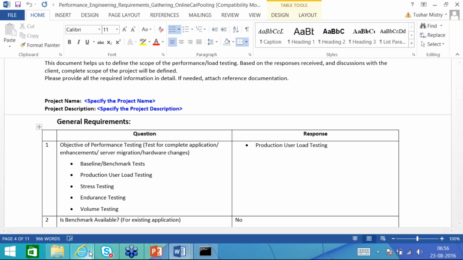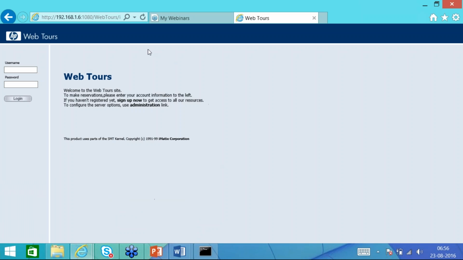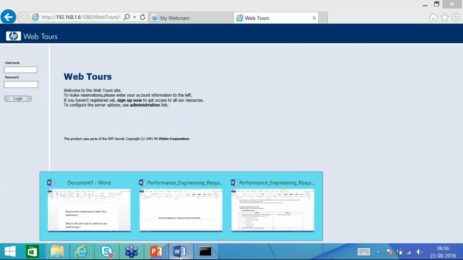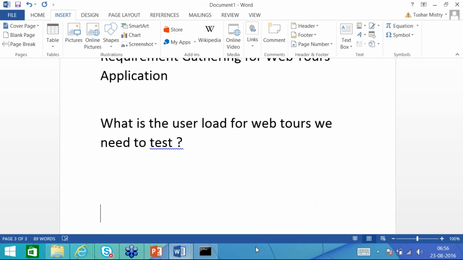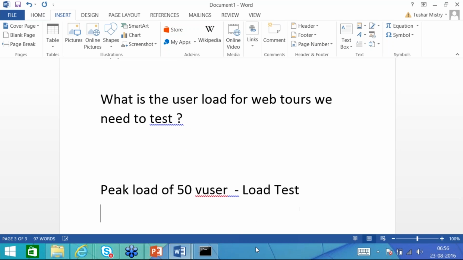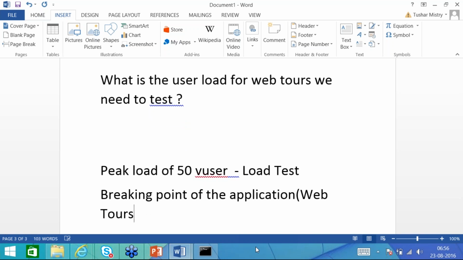Suppose the client says, I want to test this WebTours application with a peak load of 50 users. Then we are going to perform a load test. If he says he wants to measure the breaking point of the application, then here we need to perform a stress test.